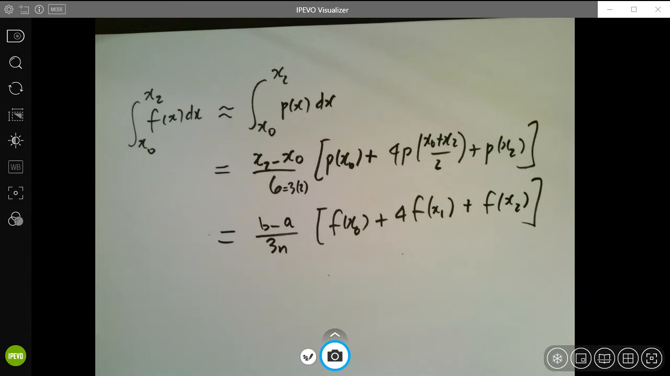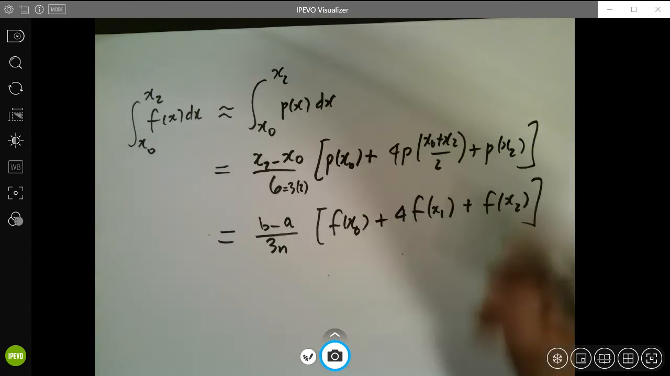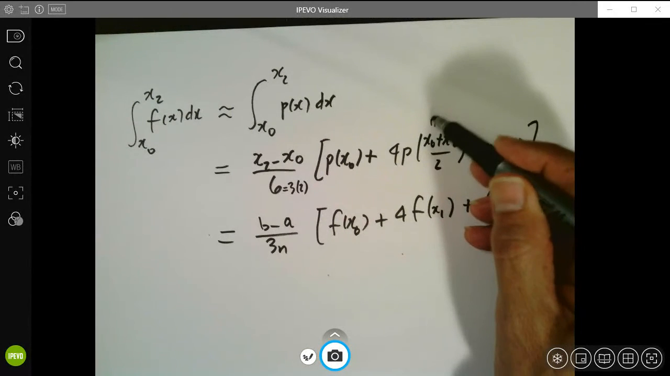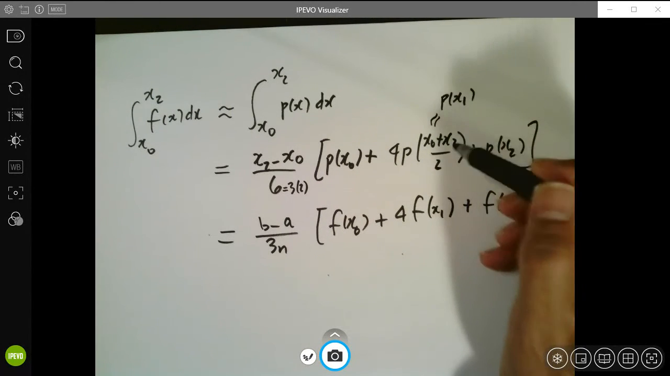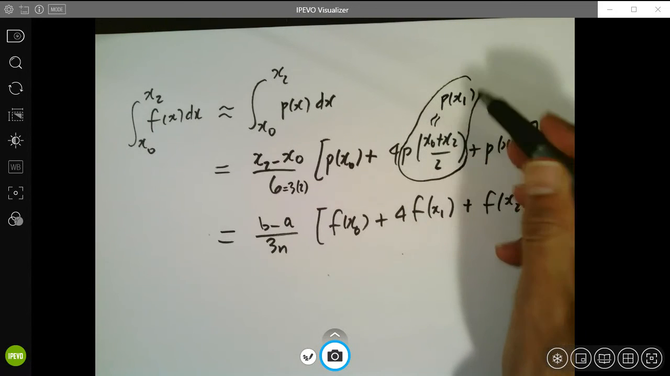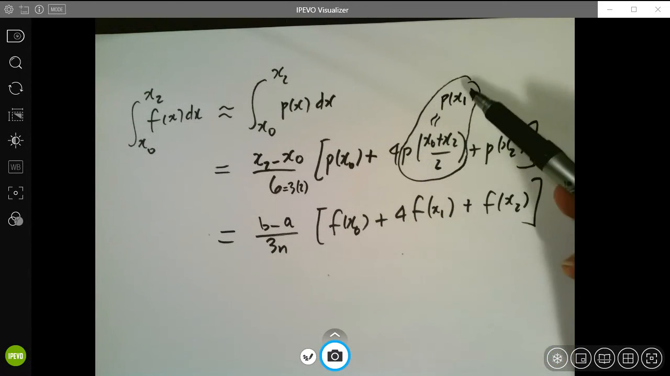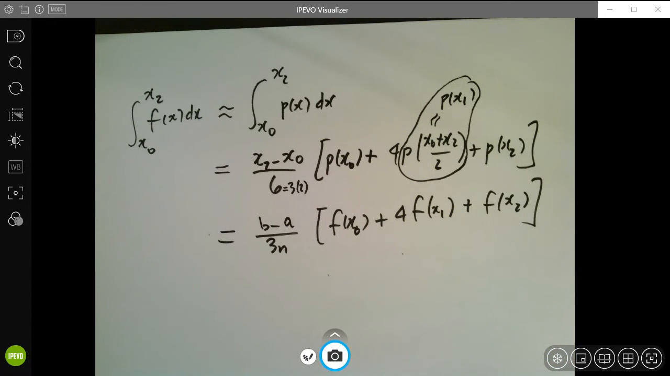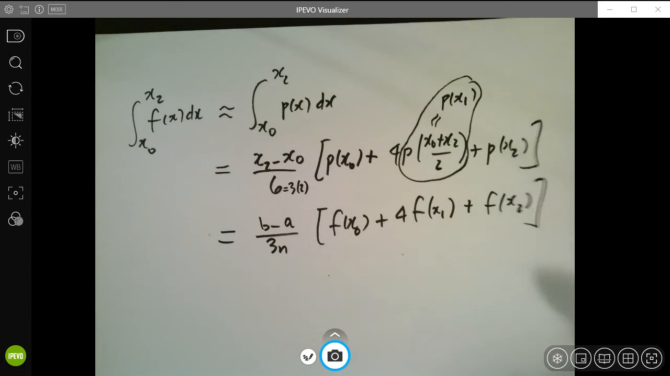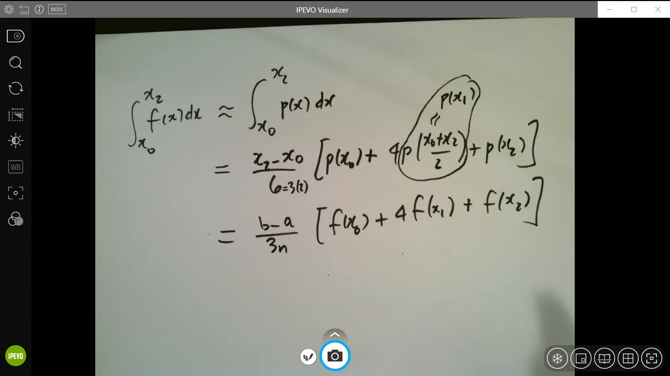So the formula will be, okay. Because this one is about p of x1, okay? Like the average. We can consider the average like p of x1. Then we will get this, and you can keep repeating this on and on. I'm not going to go through the details, but the Simpson's method